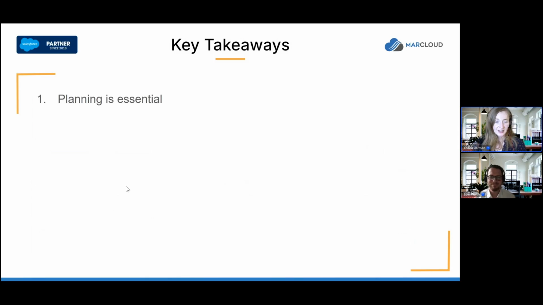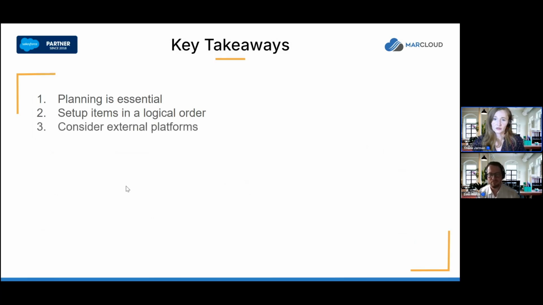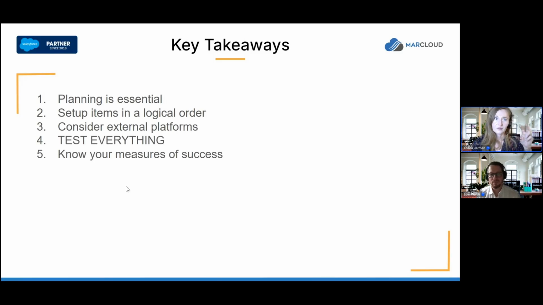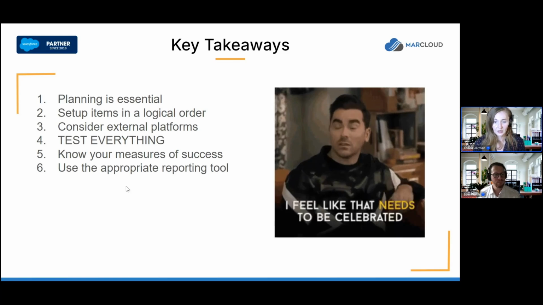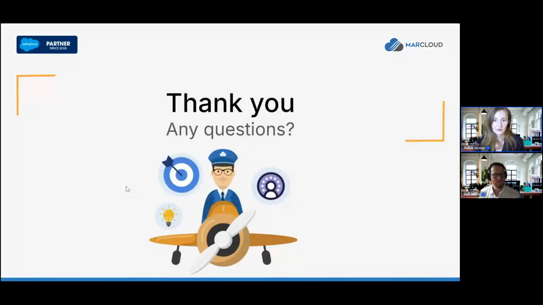Right. We are nearing the end. I can't believe I took up that whole hour. So just very quickly, key takeaways. Planning is super essential, as described. Setting up items in a logical order is helpful. Consider your external platforms that you're using and how that is all going to fit into your engagement studio and plan. Test everything, just test all the time to make sure it's working. Know what those measures of success are so that you are capturing data points to be able to prove that by the end of your event, and use an appropriate reporting tool, whichever one is going to work for you. And that is it. We've gone through some questions, and before people